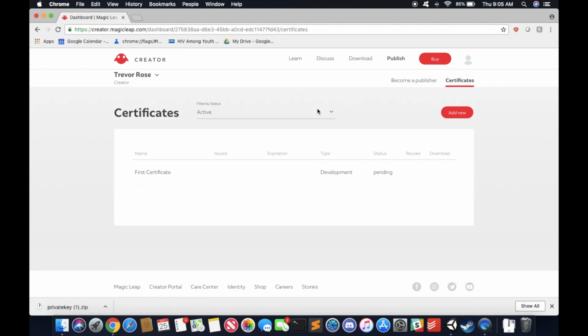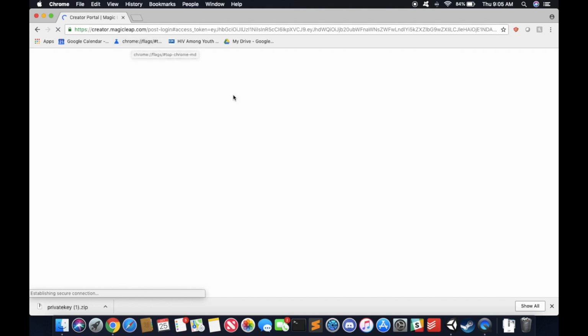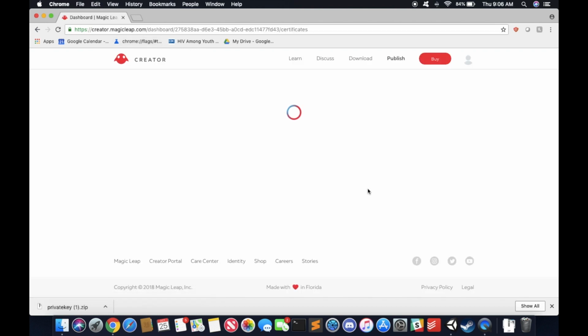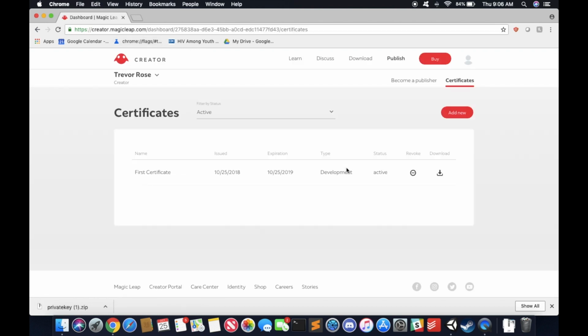Okay, so now the certificate has been created. It's been downloaded to our computer under privatekey.zip. So it says the status is pending, so we're going to go ahead and refresh the site, and it should say active. We should get an active certificate, and you can see here that it's active. So once you see that it's active, go ahead and click the download button right next to it,